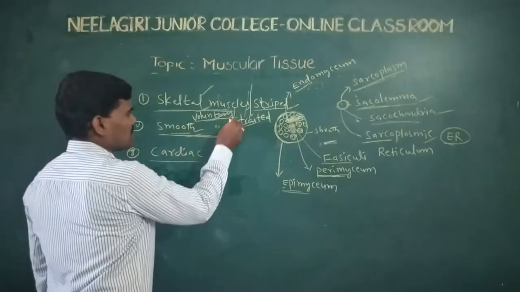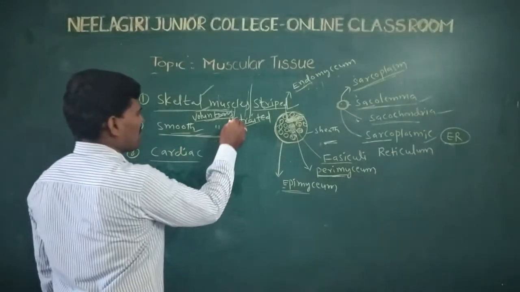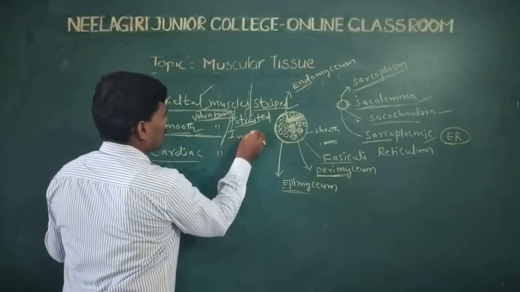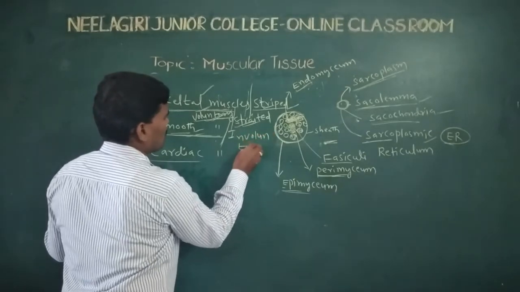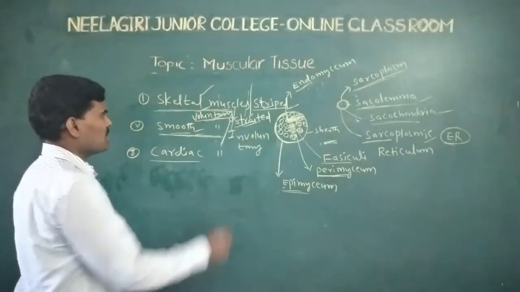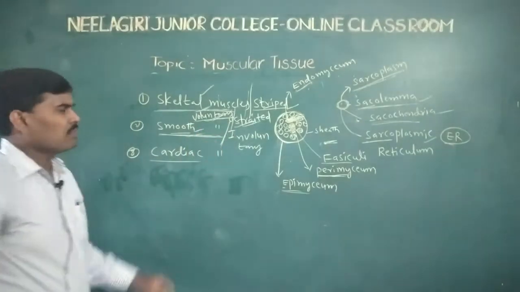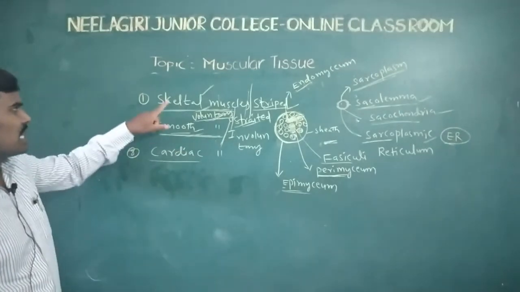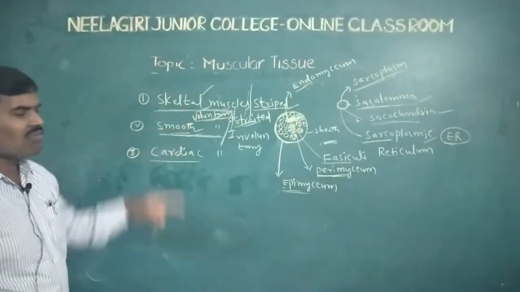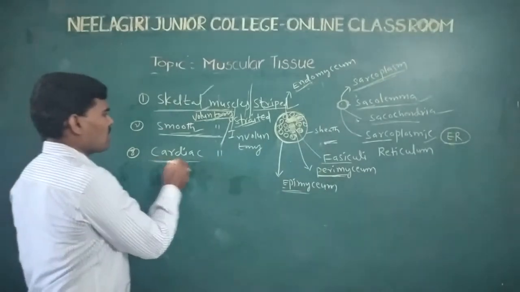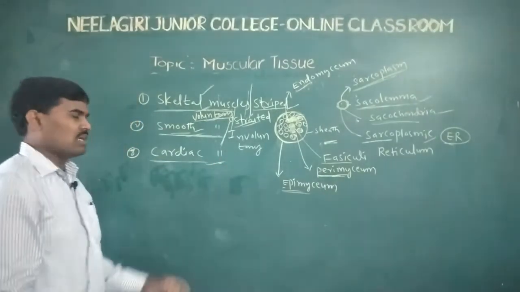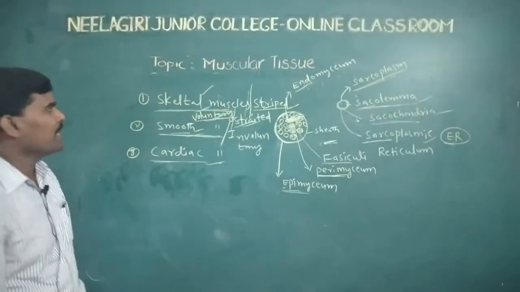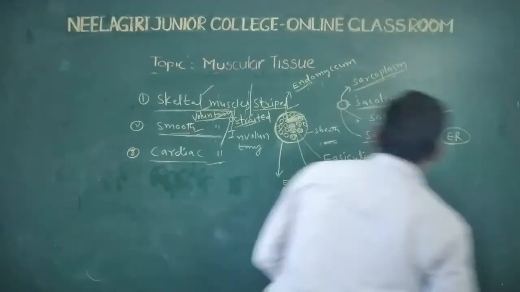And smooth muscles, other names: involuntary muscles. See, the smooth muscles, another name is the involuntary muscles. Skeletal muscles, other name is the voluntary muscles. The cardiac muscles have no other names, only cardiac muscles, and they occur in the heart or myocardium. First of all, now let's see